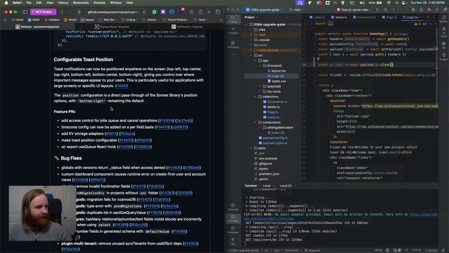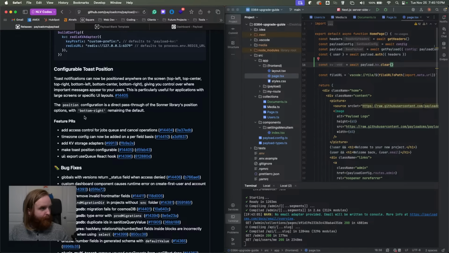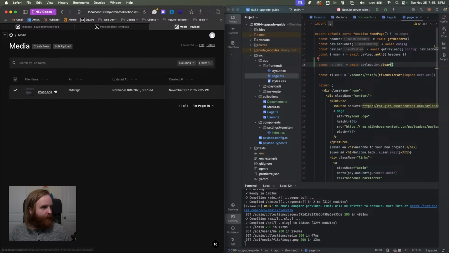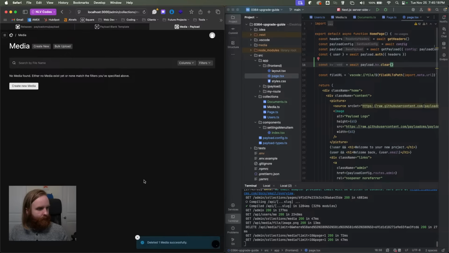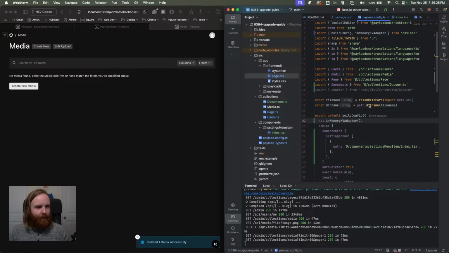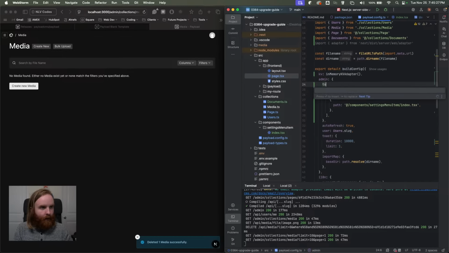configurable toast position. So bottom right is the default, which we can see if we were to say delete this, we see the toast show up in the bottom right. But now if we go back to our payload config, we can